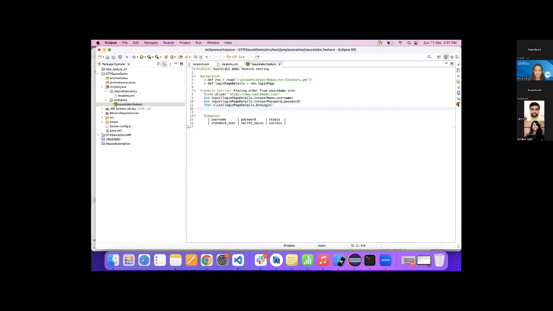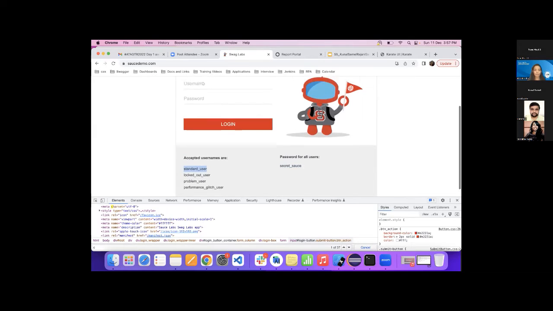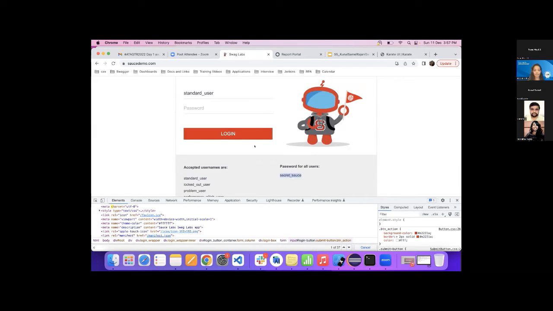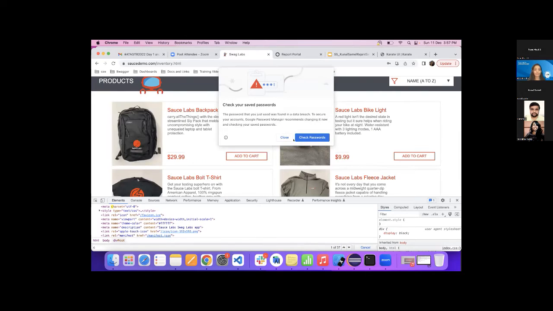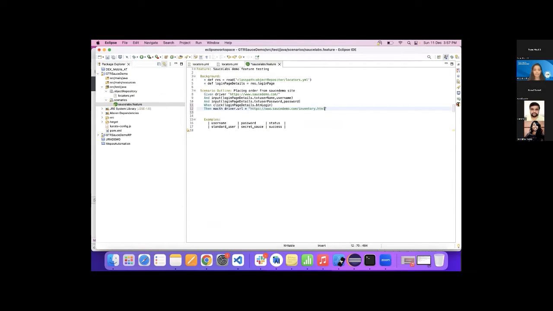And then once we are in, let's verify the page that we have navigated onto. So let's put a when here. What we need to verify is the driver URL. There is a match keyword through which we can verify the driver URL. Once we log in, let's see what URL it expects. So we are on the inventory page. I'll quickly copy this and do a match for the same. So let's quickly run this and check how it goes.